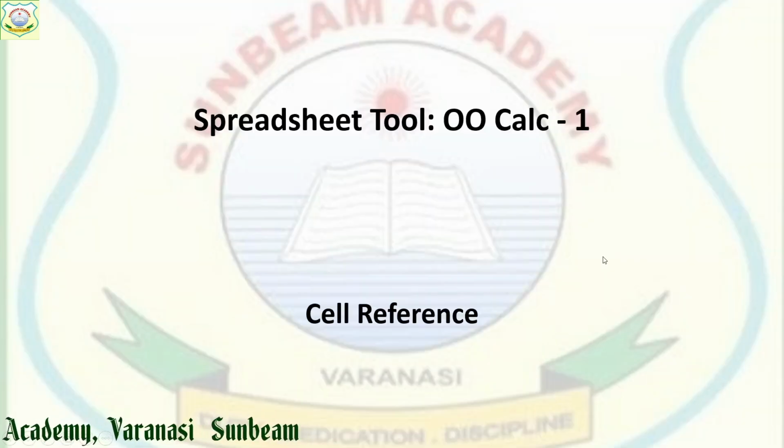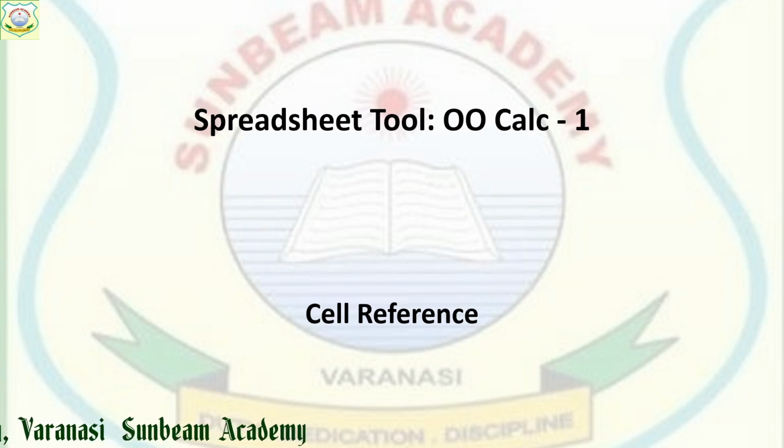As we know, every cell has its own unique address by which it is called. Whenever the cell address is used in our formula, that is known as cell reference, either a cell or a range of cells. When they are used within a formula, that is your cell reference. There are three types of cell reference. One by one we will see each of them.